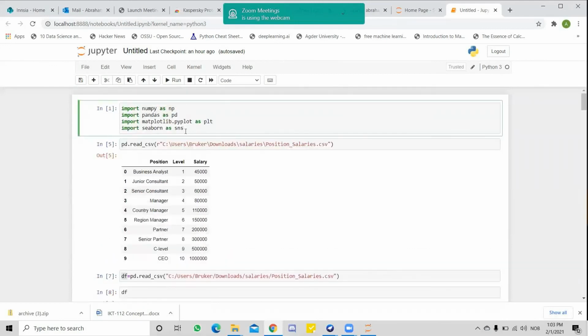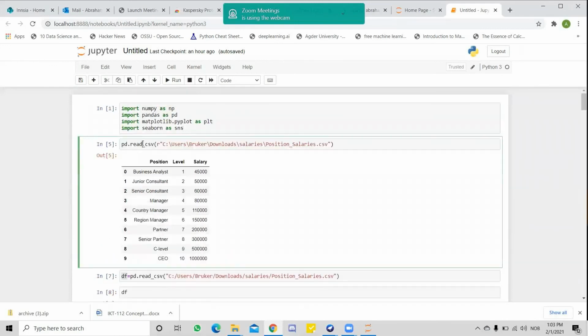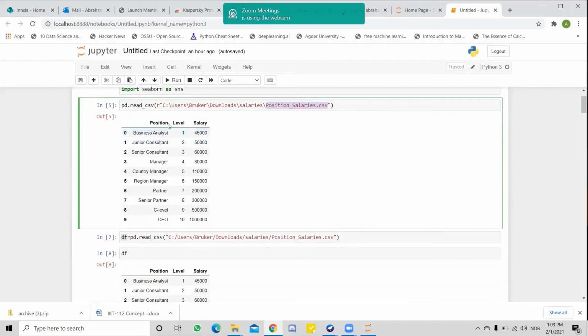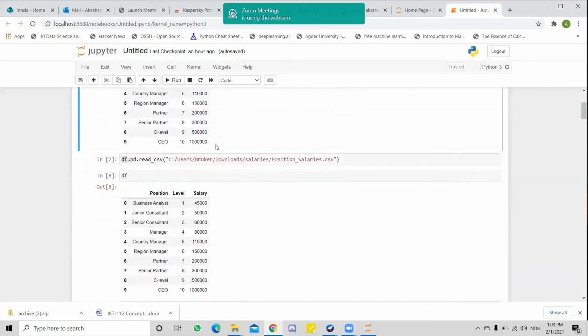used to these codes. And after that, I am reading my data, whatever the source is. I am reading from my computer. I just write the location of the file and the name of the file with its file extension. It's a CSV file, therefore I use the read CSV code here. And after that, this is my data. It's very simple. There are no missing values, so